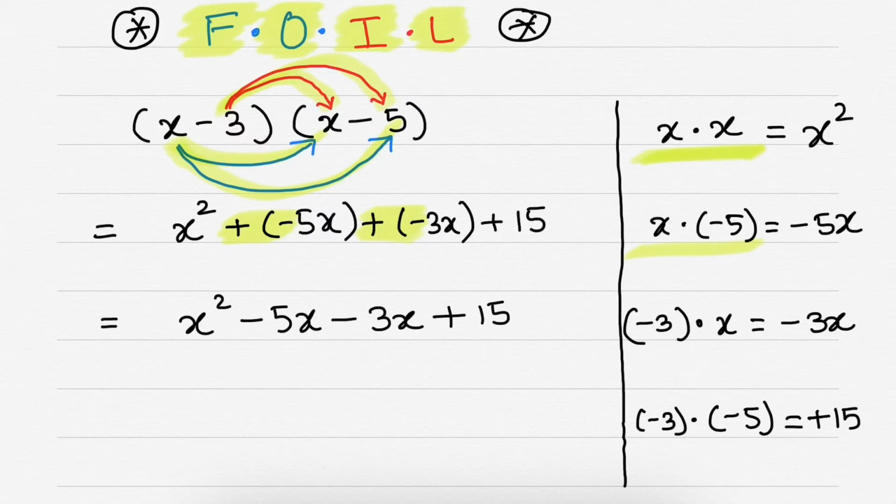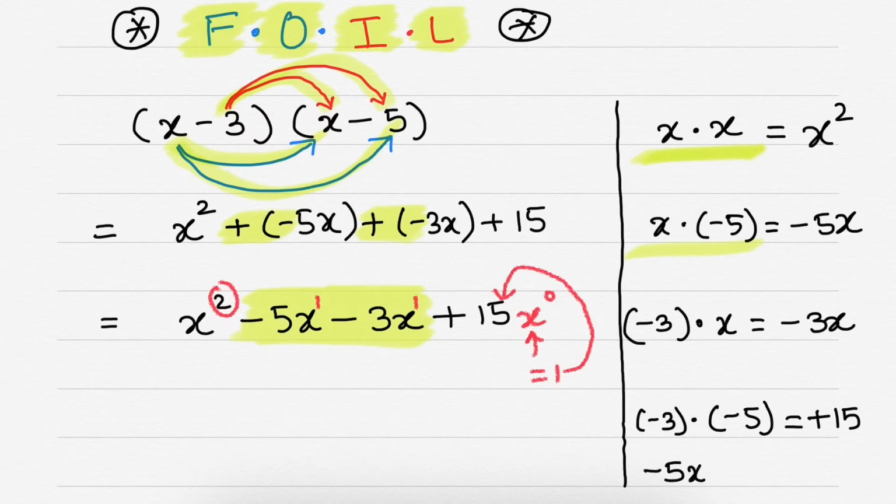Now here we can combine the like terms. Now like terms are only -5x and -3x. So there is only one power of x involved, which in this case is 1. Power here in this case is 2, and here x to the power of 0. So whenever any term comes with the power of 0, it will turn to 1. So 15 multiplied by 1 will ultimately give you 15. So we're not going to count that x, and then we can write down whenever you multiply, the next operation will be -5x